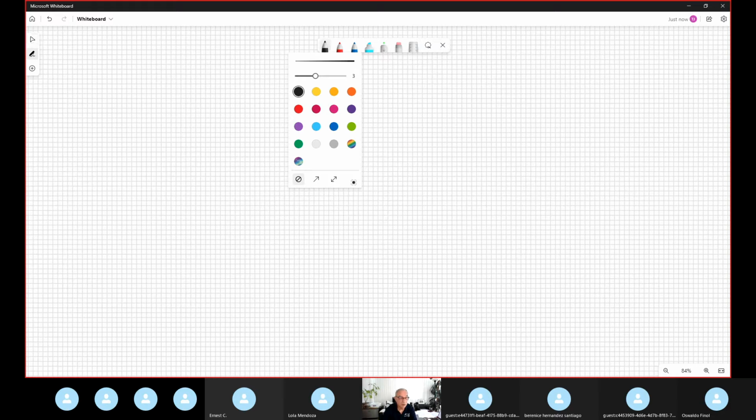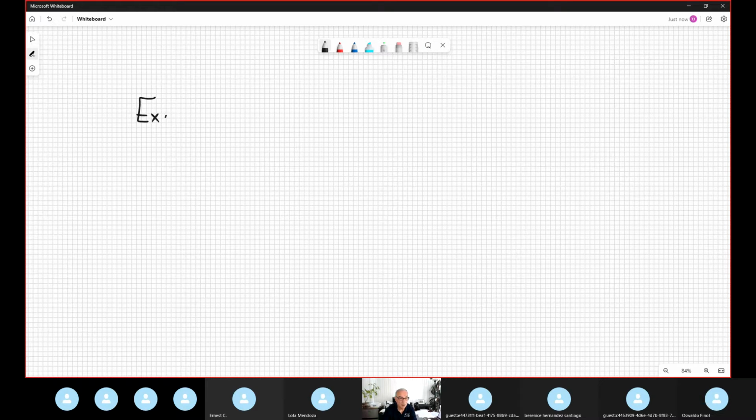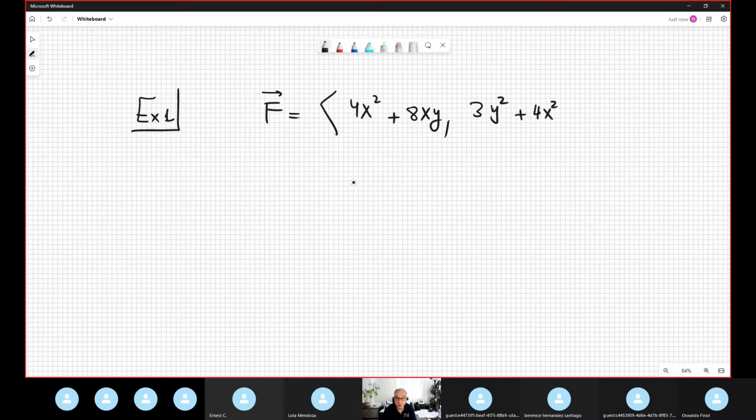Example 1 of the fundamental theorem of calculus. Suppose a vector field is given: 4x squared plus 8xy, comma, 3y squared plus 4x squared. And I need to compute the circulation integral of this vector field along